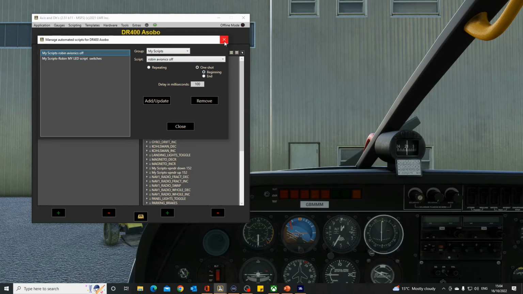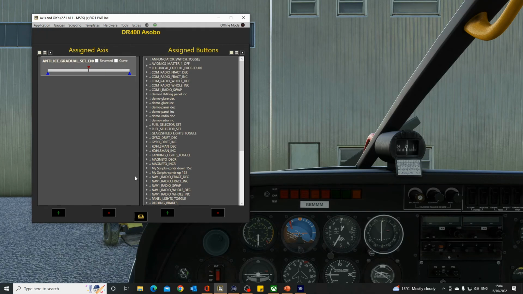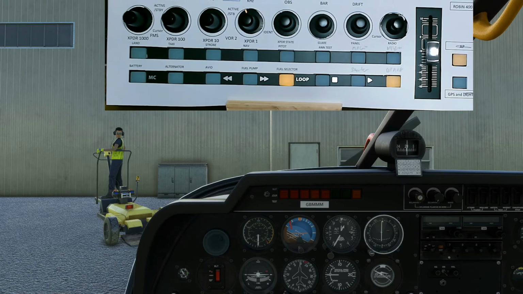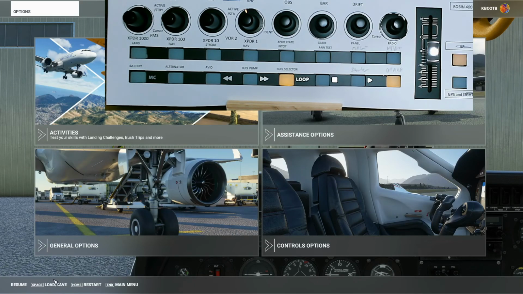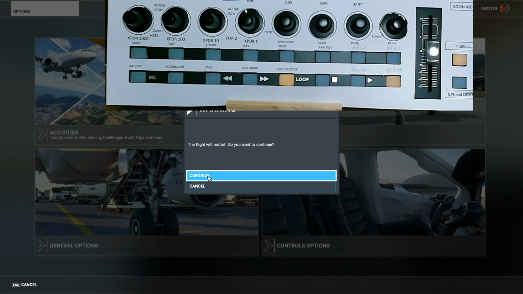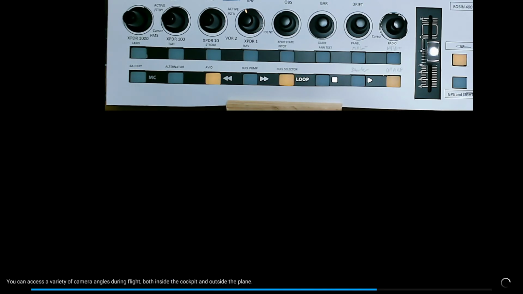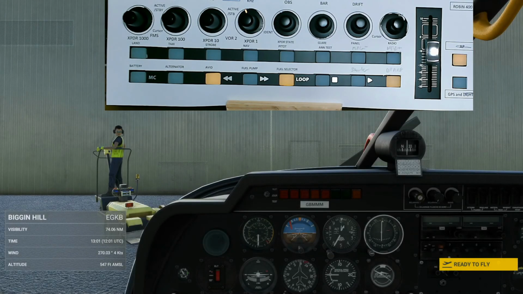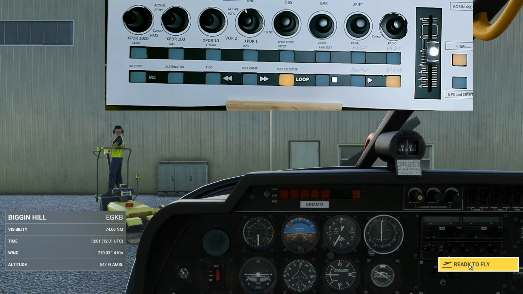So that this light shouldn't be on this time. So I'm going to run that. Let's close that, and what I'll do is I'll just move this out of the way so you don't see that. But I will bring up my deck, and I'm going to just restart this flight. So if I escape, and I'm going to restart the flight, so this time it should run that script, and you see when we get into the cockpit that light should be off. So if I go ready to fly,